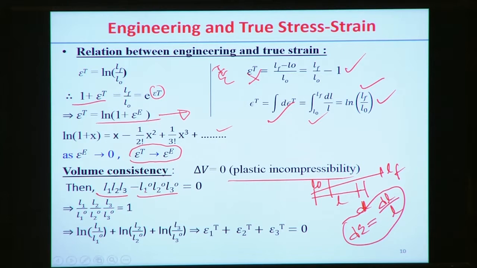If we assume that there is no change of volume, we can further decompose it in terms of logarithm form. Then we can find out that each component represents the true strain, maybe the first, second and third true strain components, or we can say x, y and z, and the sum is 0. So this is the relation when there is no change of the volume during the plastic deformation, which the true strain holds.